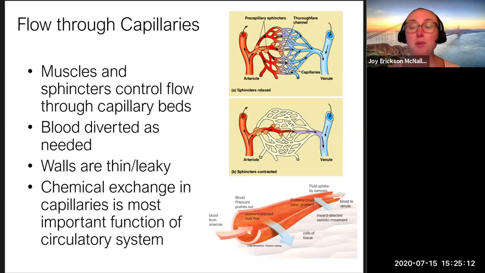This type of local chemical exchange between the body's cells and the blood in the capillaries is the single most important function of the circulatory system. Again, throwback. Why do we breathe? Why do we have a circulatory system pumping blood throughout our body, etc., etc.? It's because it provides oxygen and food for cellular respiration, right, in our mitochondria to make the ATP that powers our entire bodies. It powers, again, the movement of my finger, the movement of my toes. It powers the pumping of my heart, right? If any of those things sort of stop, I will die.